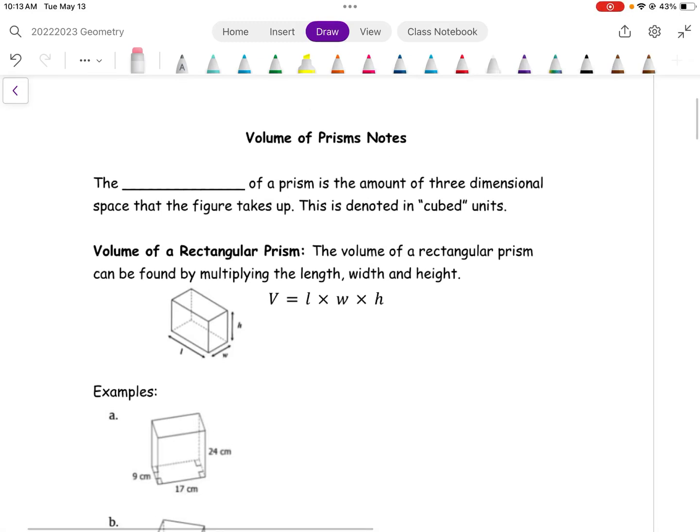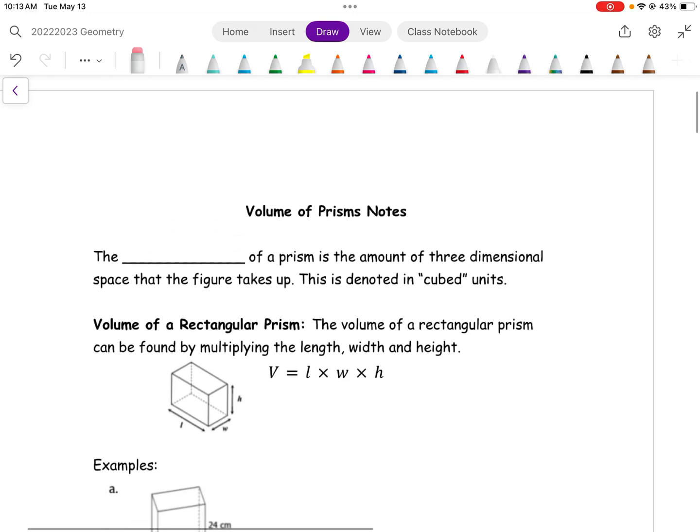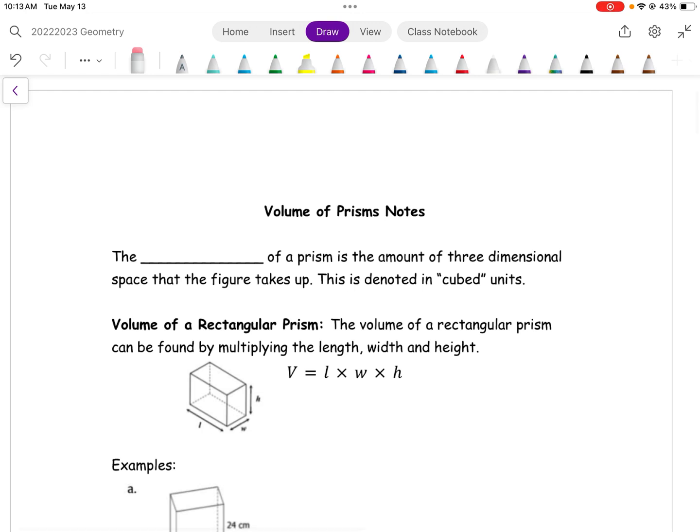Hello, today's lesson is over volume of prisms. So before we start, I'm going to jot a few things at the top of the notes just to review what a prism is, because that's going to be important in this lesson. So if you remember from the beginning of this unit, a prism